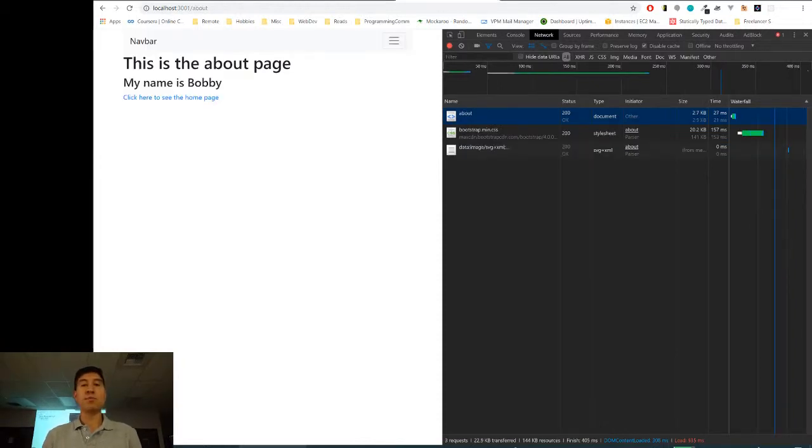The other thing that I wanted to point out here was, it says here that my name is Bobby, and this is actually not hard-coded into the HTML web page, and that's because a templating engine also allows you to make a website more dynamic. And the way that works is,